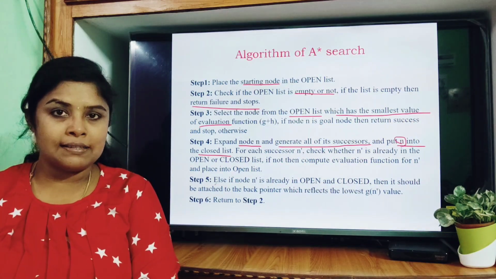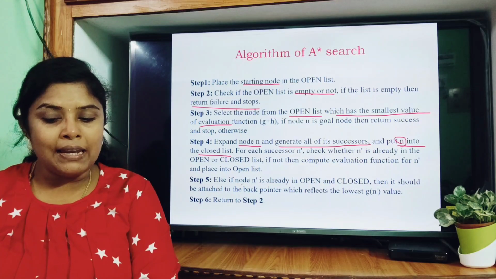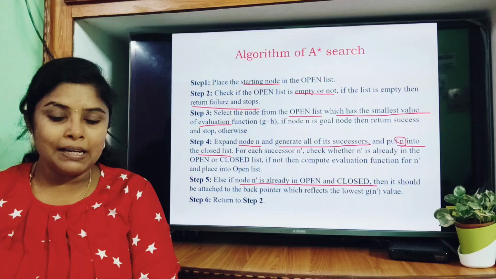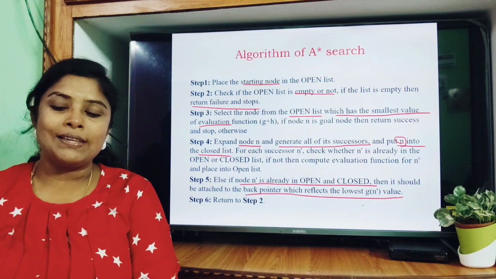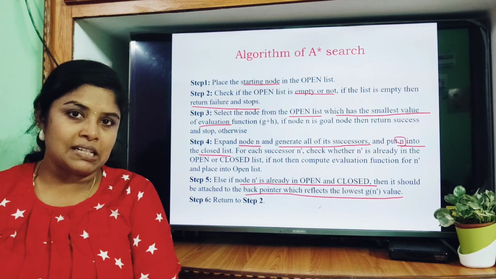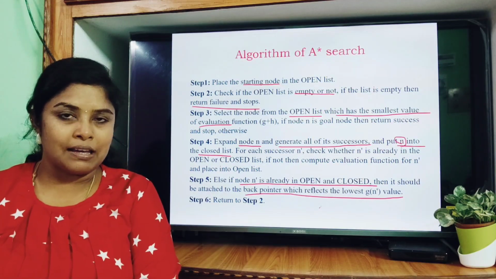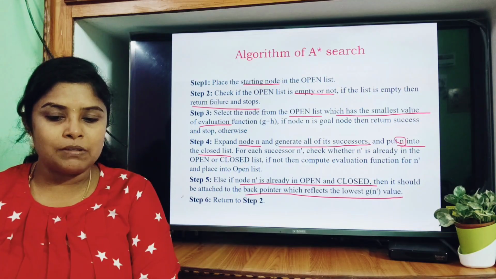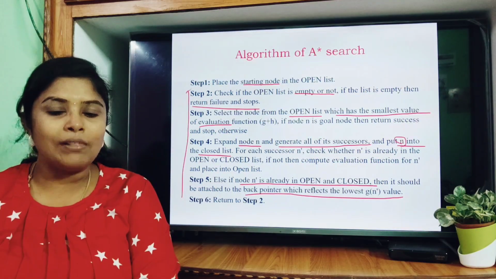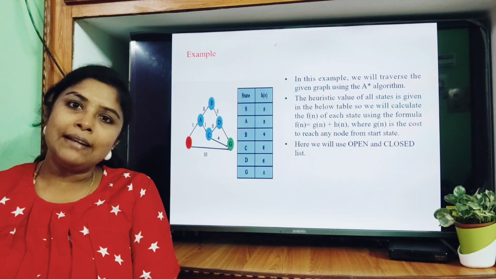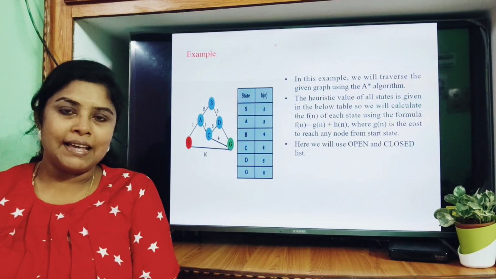Then coming to the next step, if a successor is already in the open or closed list, then it should be attached to the back pointer which reflects the lowest g of n value. That is, if that specific node is already visited, then we need not visit it again. So we need to repeat these steps. That is, we go back to step 2 and do all this again until we reach the goal state. Now let us see one example of the A-star search